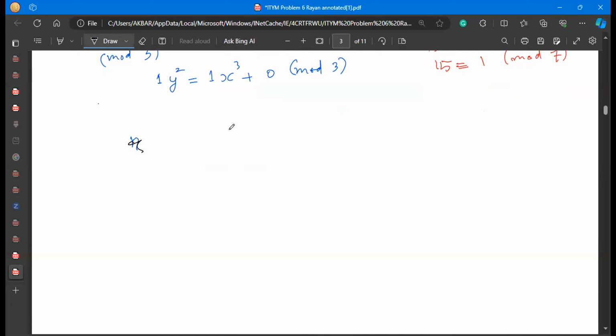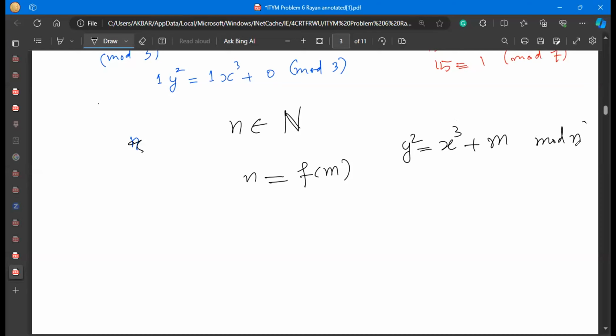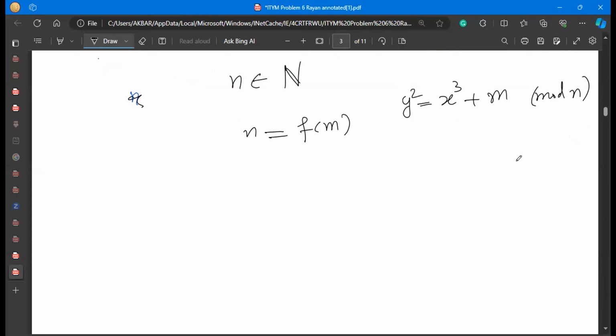तो आपने क्या करना है कि n belonging to natural numbers and you have to find n as some function of n dependent upon m, such that what happens that there is at least one solution, यानी कि जो given equation है y square is equal to x cube plus m mod n का एटलीस्ट एक सॉल्यूशन दें आप। ठीक है, तो एटलीस्ट एक सॉल्यूशन कौन सा हो सकता है? लेट्स से कि एक सॉल्यूशन मैं कहता हूँ कि 0 0 हो सकता है, तो